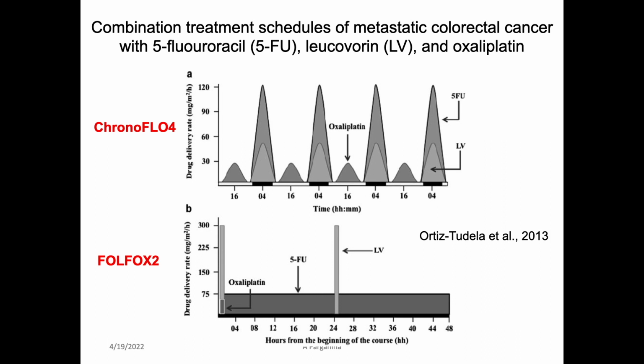This is the first protocol that we have seen in the previous slides, that oxaliplatin was delivered maximum at 16 hours, that is 4 p.m. 5-FU and leucovorin were delivered at 4 a.m. in the morning, and this is FOLFOX2, that is folinic acid, 5-FU, oxaliplatin and leucovorin, and it was given as a flat infusion of the chemotherapy drug. So this is the first protocol, this is the second protocol, and in the third protocol, scientists